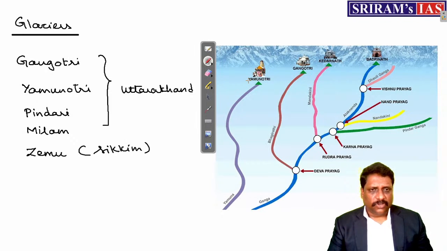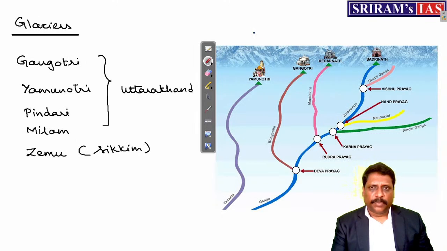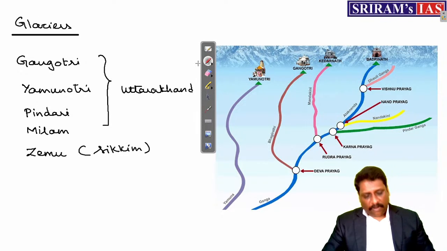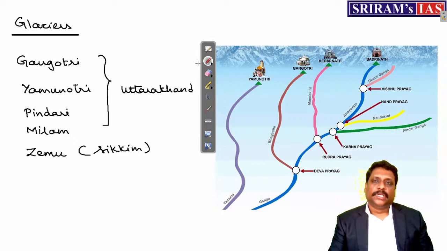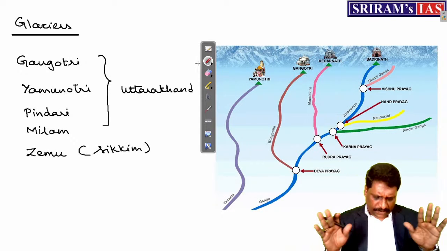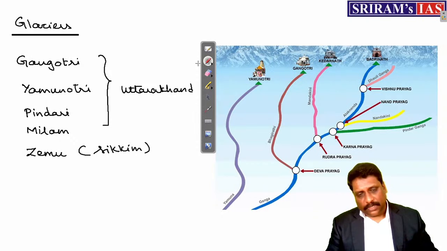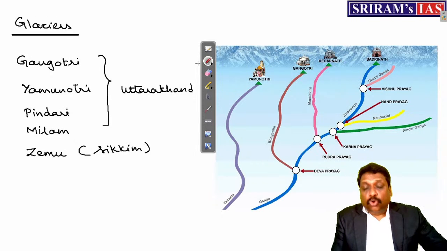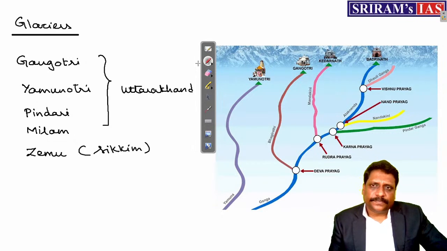Remembering the order and all, it is not needed. But one thing is there. What is very important? Somewhere Joshimath issue, somewhere when I talk about this Chardham regions, Chardham, right, the four holy places. And one of the reasons cited for the landslide or the sinking nature of this Joshimath, two reasons was cited. One, say, for example, it is natural. Subsidence of the land and emergence of the land is very natural. But apart from that, anthropogenic activities are also somewhere cited as the reason.